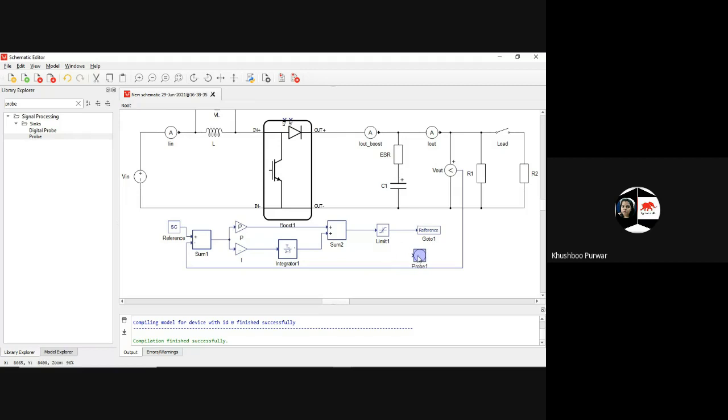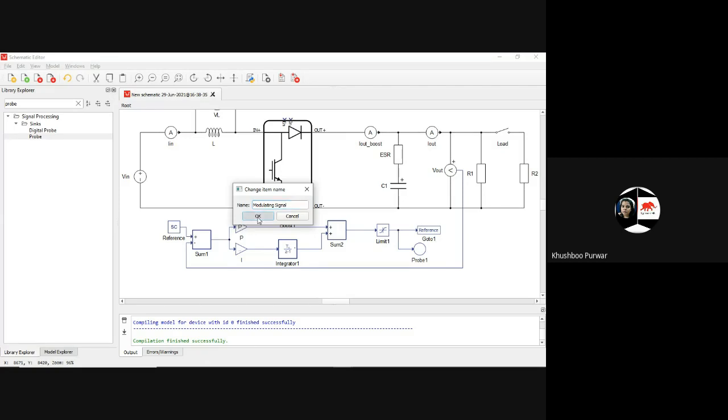So here I'll be using this analog probe, and I will name this probe as modulating signal.